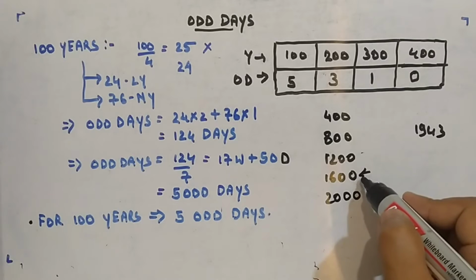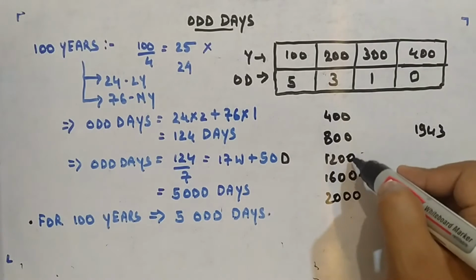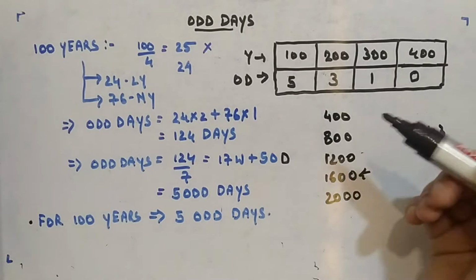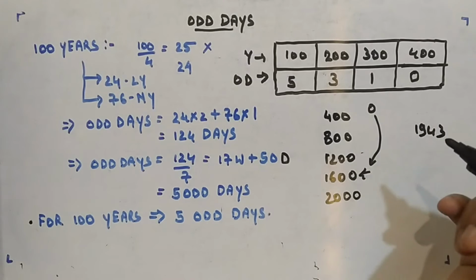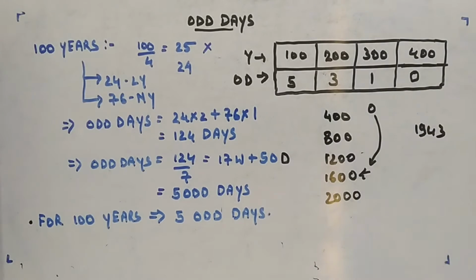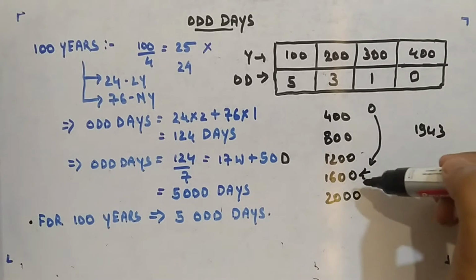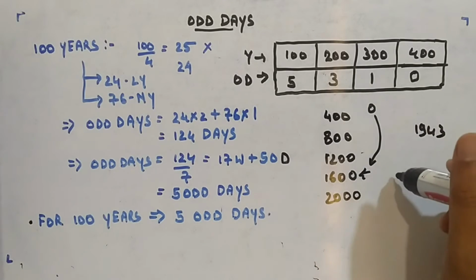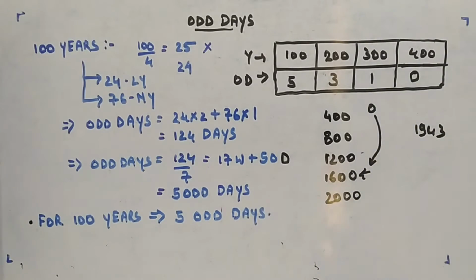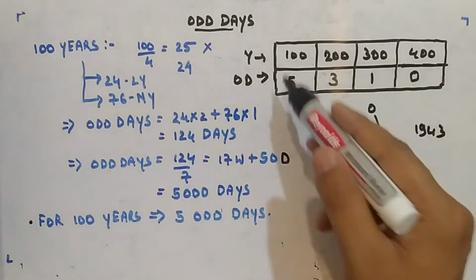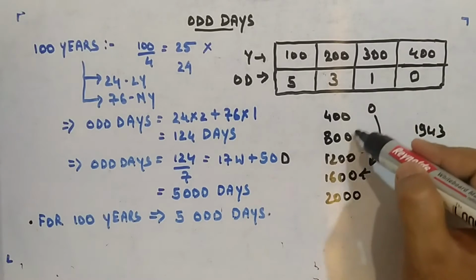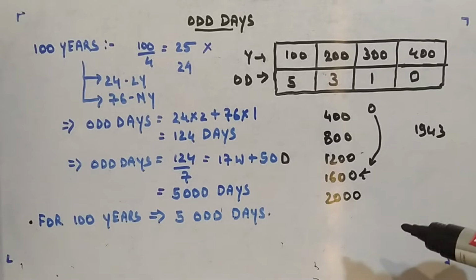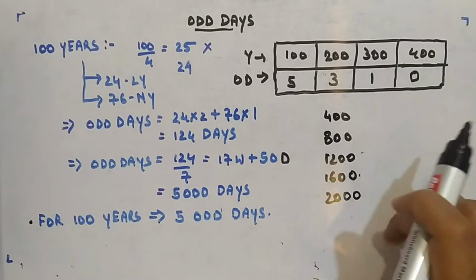Now why I am looking at this is because every multiple of 400 will have 0 odd days. So it's like you start from 0 or you start from 1600. There won't be any effect because your odd days is becoming 0. So from 0 to 1600 there won't be any change. From 1600, what you will do, that I will tell you, but the point of this table is to use this facility of having 0 odd days every 400 multiple of years. Okay, so hopefully you have got it.